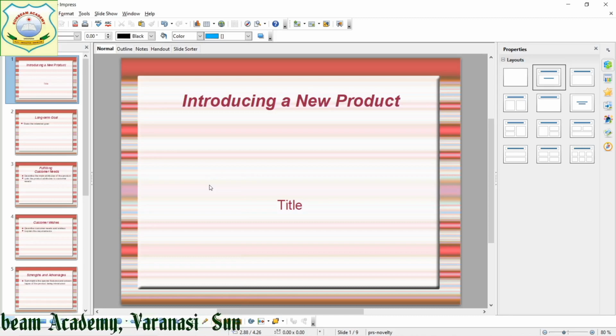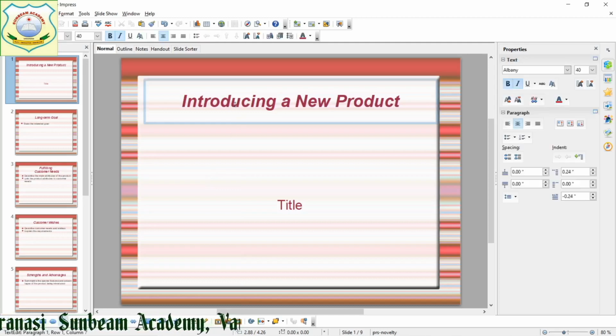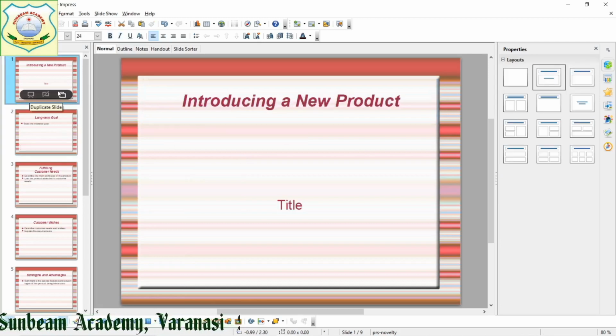Now to see slideshow, I told you animations and transitions are there. Animations are special visual effects or sound effects given to your slide, that we will see. Then music, sounds and videos, that also we will see. Suppose for this introduction I want to give an animation effect. First of all, so many slides are there, we are going to see the transition effect.